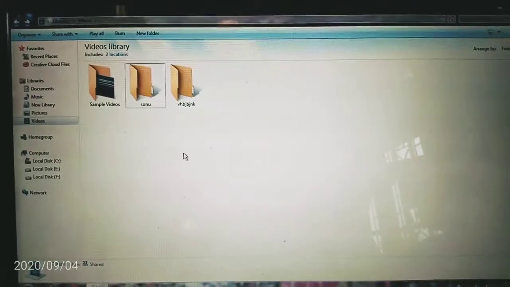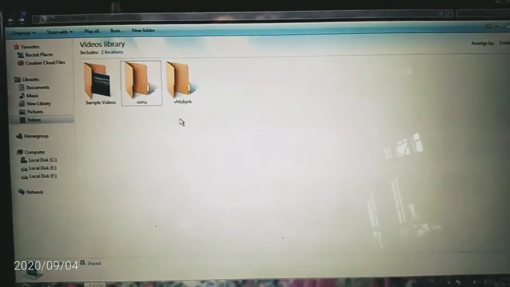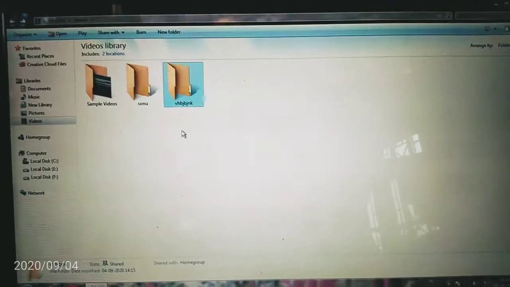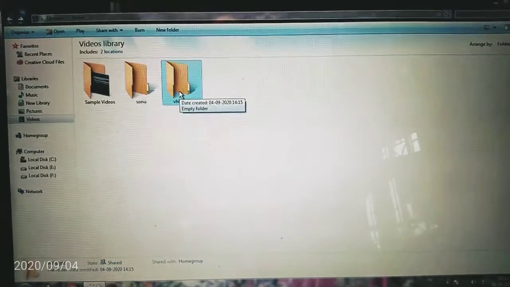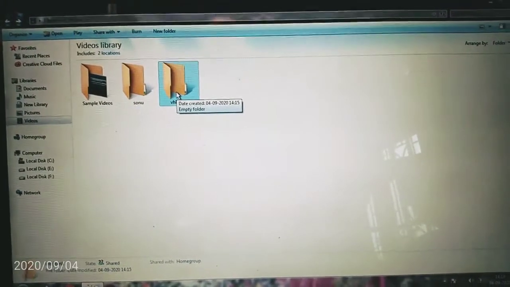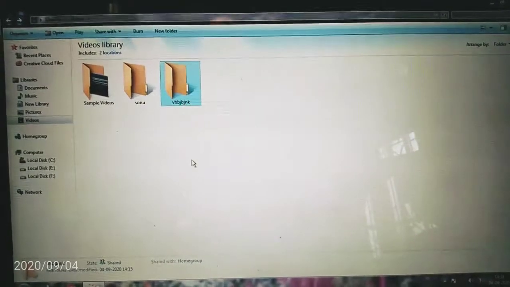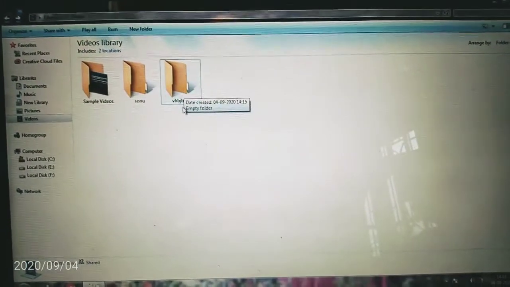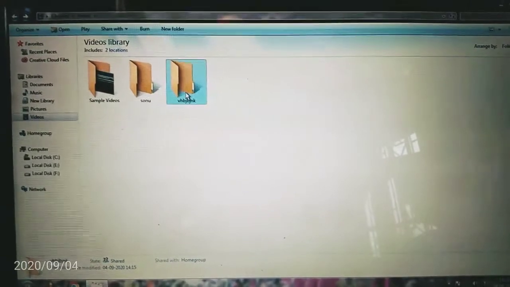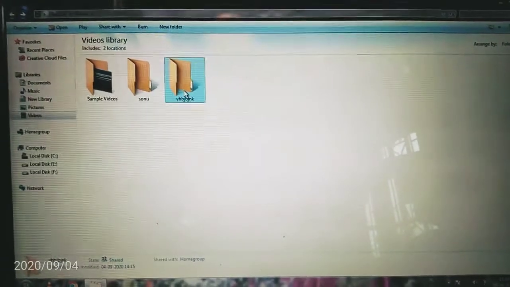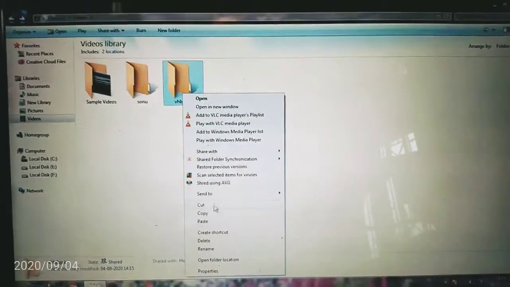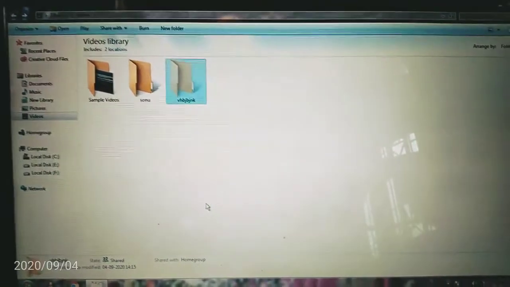Okay, now cut paste. Suppose I want to move this folder permanently to another place, suppose on the desktop, and here it will be deleted. Cut paste means it will be deleted from the original place. So how to do it? Again the same thing, select the folder and right click, then here you can see the Cut option. So okay, now minimize it.